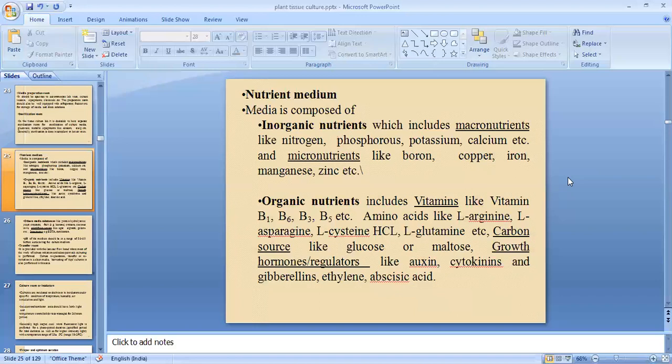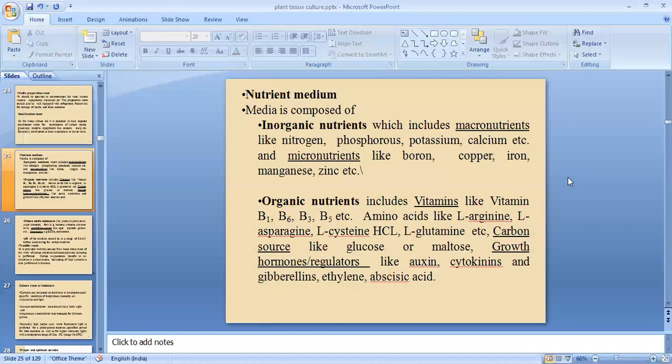Apart from the inorganic nutrients, it also requires the organic nutrients to supply the carbon source and other things. It also requires the vitamins like B1, B6, B3, B5, etc. And it also requires the amino acids like arginine, asparagine, cysteine,